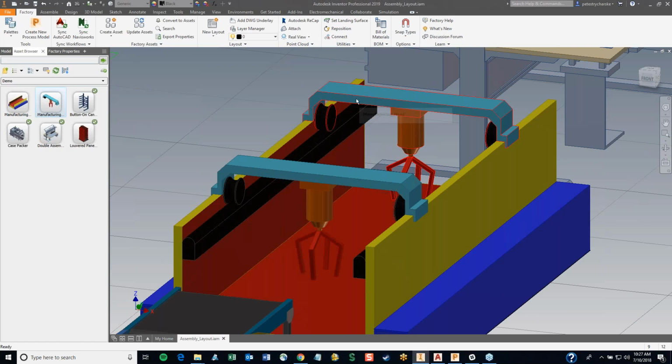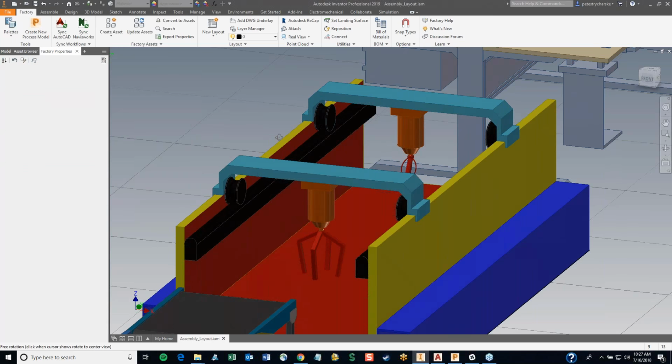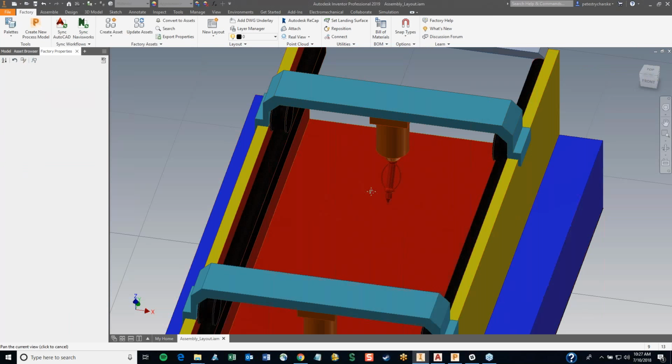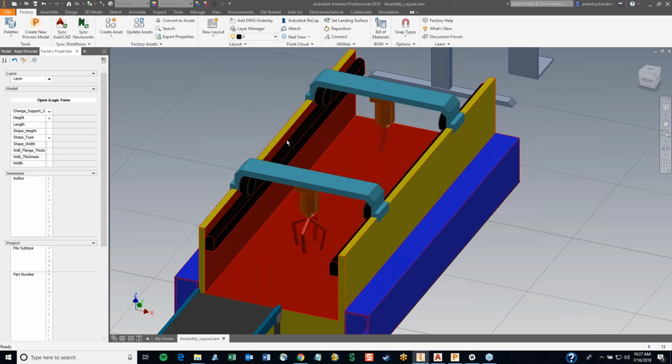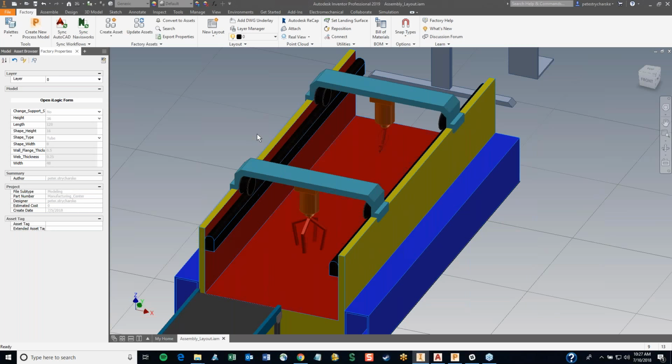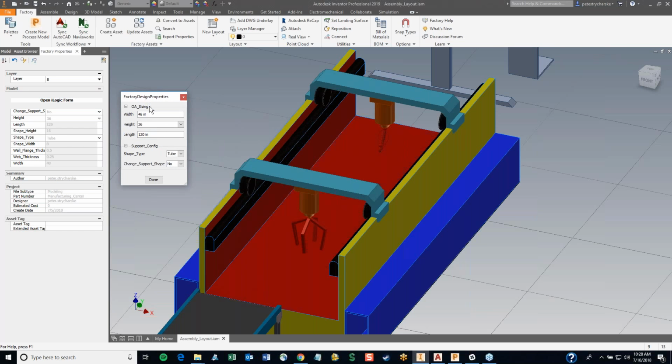And then these assets are configurable as well. So these I built myself, and you can make changes to them. So for example, if I want one to be a manipulator, but one to be a welding attachment, I just make a change, and now we've got a welding attachment instead of just the manipulator claw. And the connectors not just allow us to snap build the models together quickly, but we can use those to make changes. So one of the enhancements to the factory utilities in 2019 is the ability to use iLogic forms,